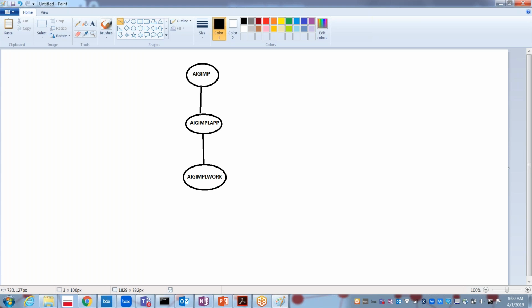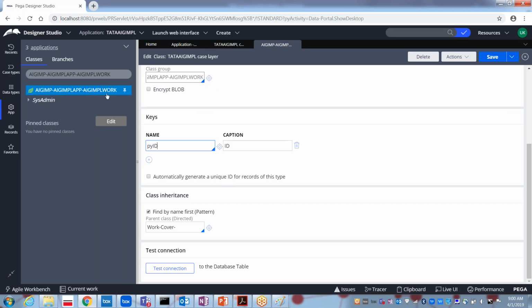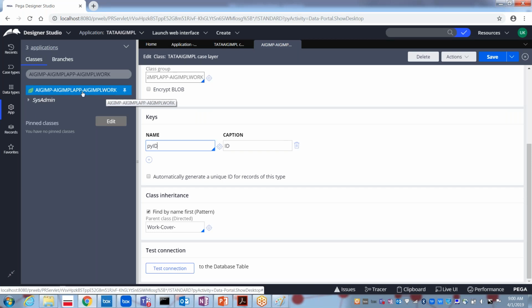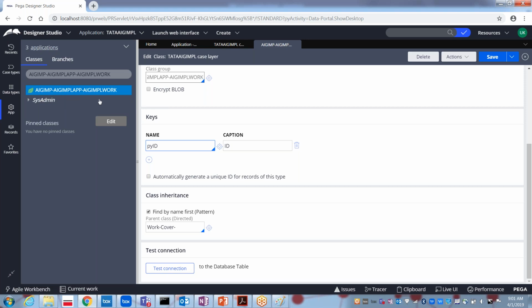So likewise, a total of 3 classes are there. This child class is derived from this class and this one is from this class. So this indication is called what kind of inheritance? This is the pattern inheritance. So always in the pattern inheritance, the prefix of the current class will be the parent class name. And again for this, the prefix of the class is the parent class. So likewise, it is having the inheritance between these 3 classes.